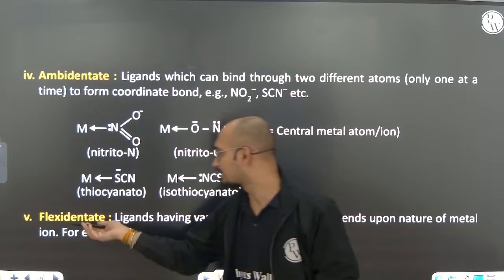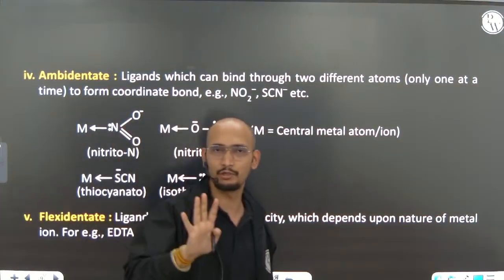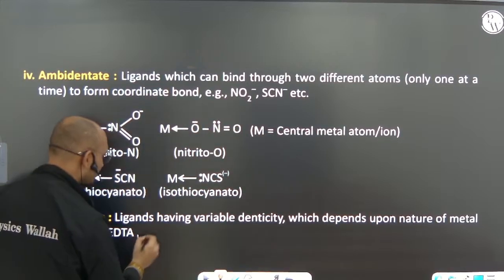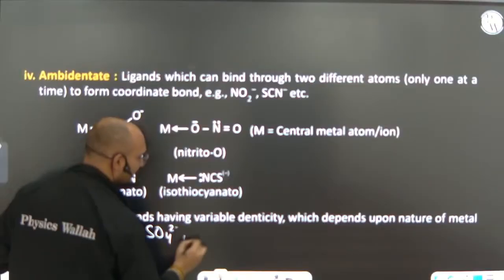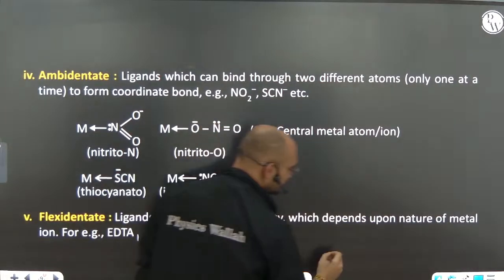Not a big deal. Flexidentate ligands have variable denticity, which depends on the nature of the metal. For example, EDTA, as I have shown you, can show denticity 6, 5, 4, 3, anything it can show, right? Similarly, some other examples are also there, like sulfate and carbonate. How do the sulfate and carbonate behave? Consider